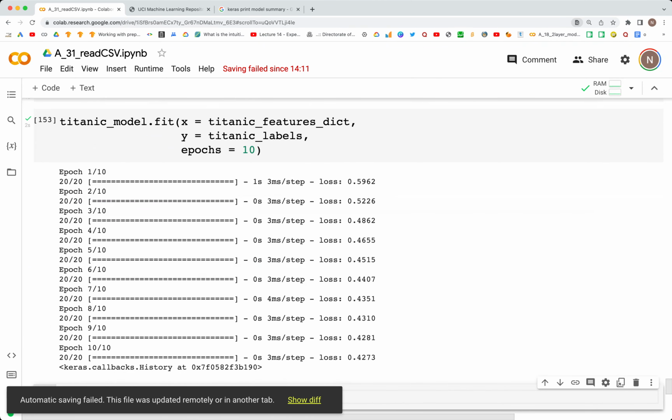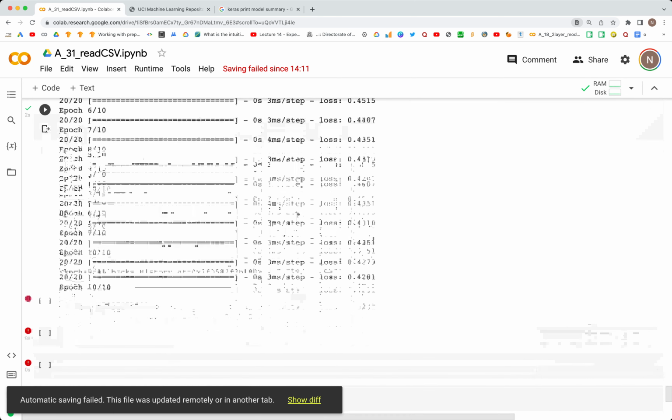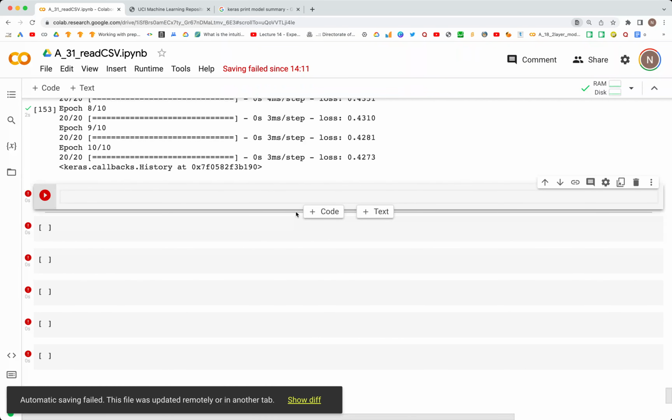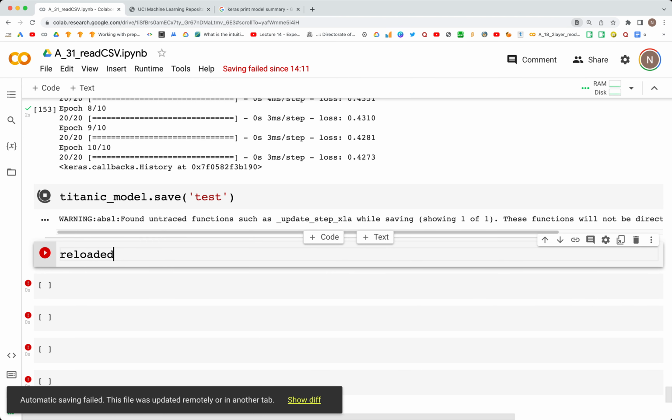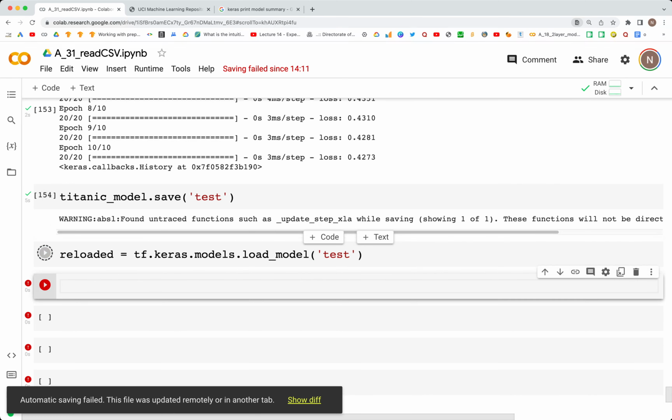Next, let's keep going, and we can now look at how we can save this. So let's save the model, titanic_model.save, and we can save with the name, let's say test, and we can reload the saved model. So we can say reloaded is equal to tf.keras.models.load_model test,